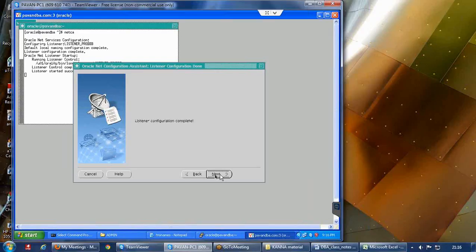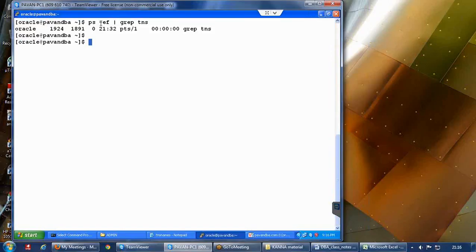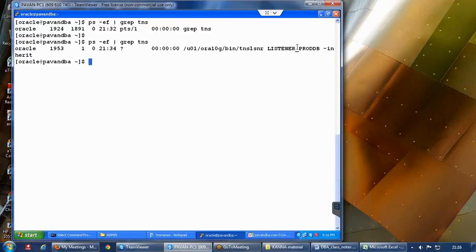It says listener configuration completed, and when you click on finish and come back to this PuTTY session, you would observe that the listener is up and running with the name you want. That means the listener.ora file got created, and based on that file this listener is up and running.